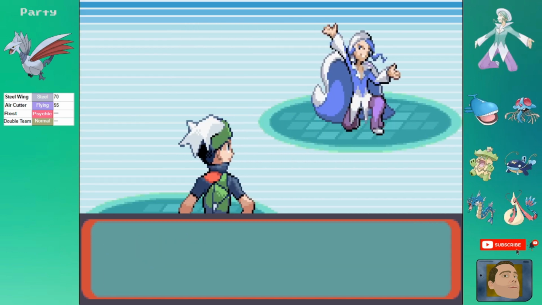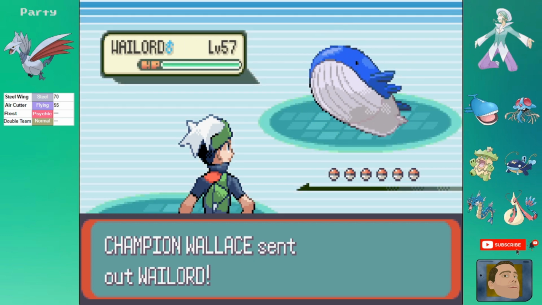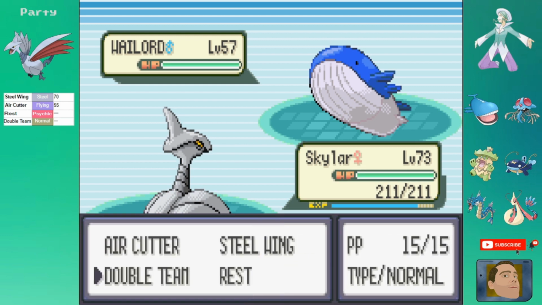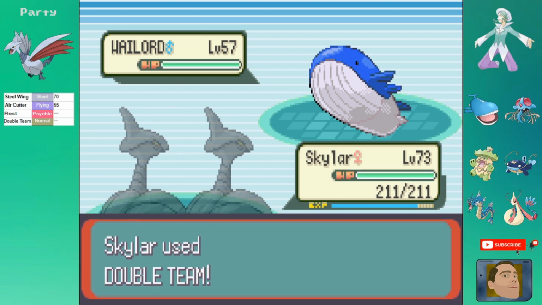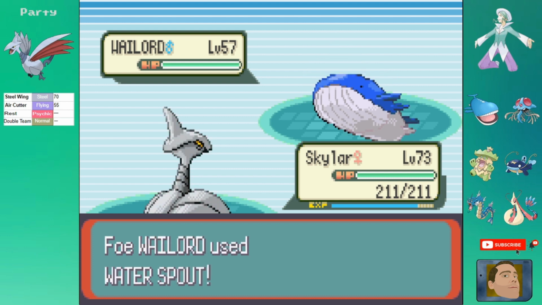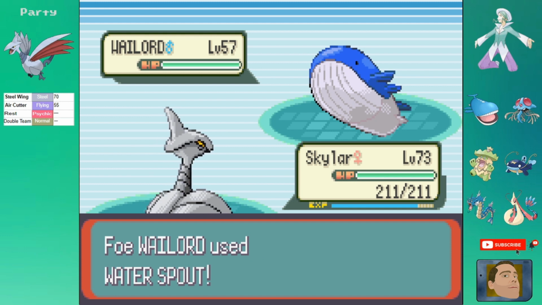We've made it, guys. We've made it to Wallace, the Hoenn champion. His first Pokemon is Wailord, which is possibly the beefiest Pokemon ever to exist. We begin with our traditional strategy of spamming Double Team to increase our evasiveness. 3 Double Teams later, his Wailord uses Water Spout, a move that does more damage if your Pokemon has more